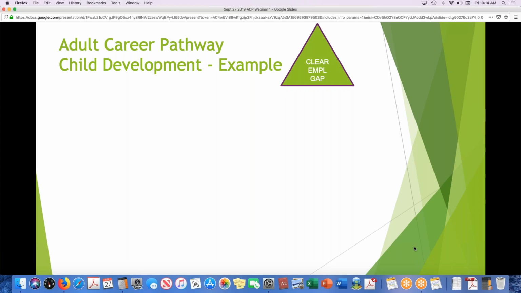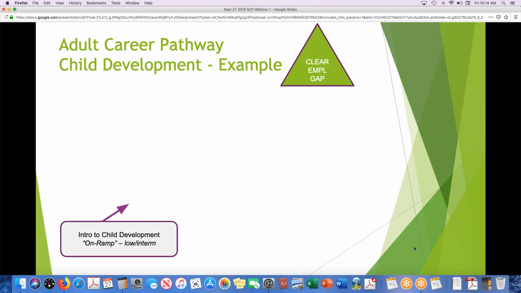So many programs might begin with, let's look at what the employment gap is. What are the career sectors that are needing more workers in your area? When you've done that sort of survey with the labor market information, then you could perhaps start that on-ramp class. Very low level, and many times it's called an introduction class. It's making students aware of the vocabulary and perhaps the laddering that's needed to move up into a career. They maybe explore different careers. They are also learning the necessary requirements to get into a career.